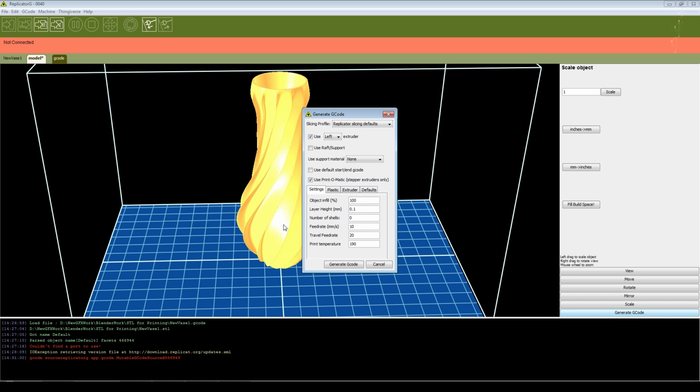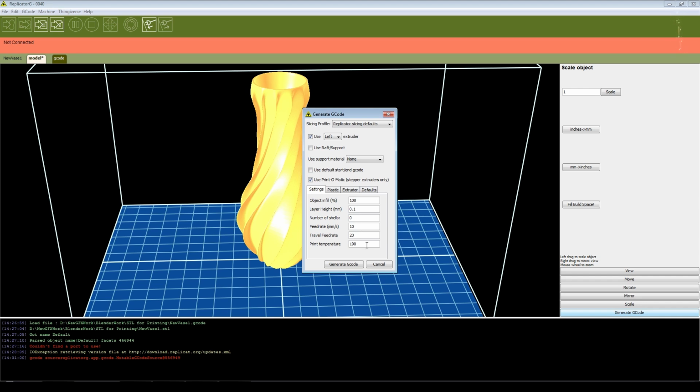Feed rate, so this is how fast the head moves while it is feeding filament through. So you don't control, with RepG anyway, exactly how fast the filament's coming through. That's worked out based on the speed that the head moves at. And typically for finer details and finer work you go more slowly. These settings are very slow indeed. And then